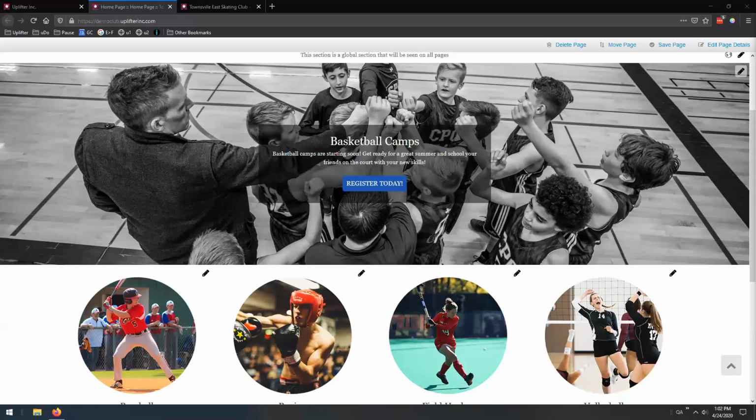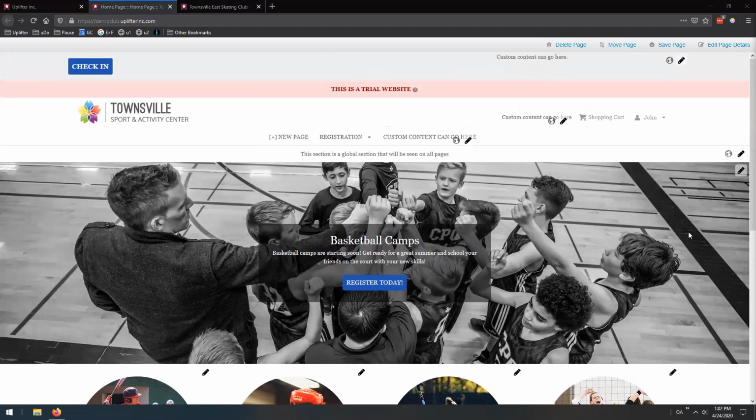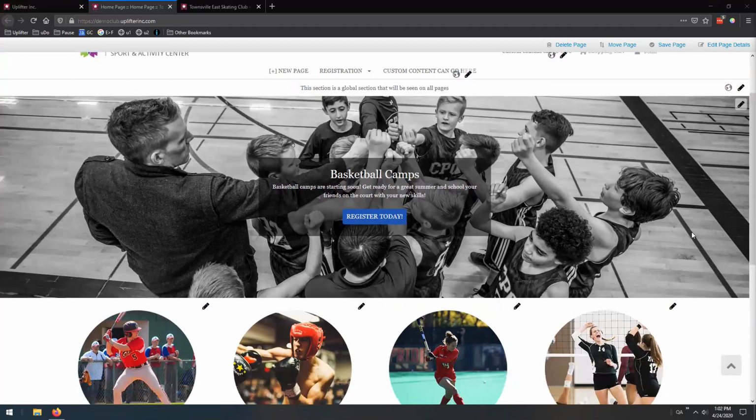This is a little bit more of an advanced feature, so you do need some skills and comfort with updating HTML source code, but it is a very powerful feature because we know that we have a lot of clubs that want to leverage the registration process within Uplifter in very specific and unique ways, and this is one of those tools that we built so that clubs can really up their game, as it were, in terms of being able